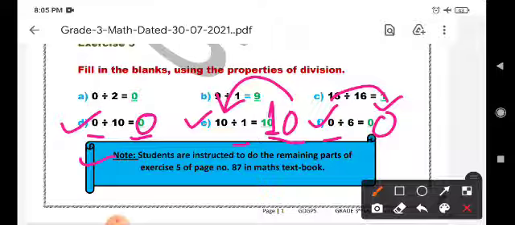Now my dear students, I instruct you to do the remaining part of exercise 5 on page number 87 in your maths textbook